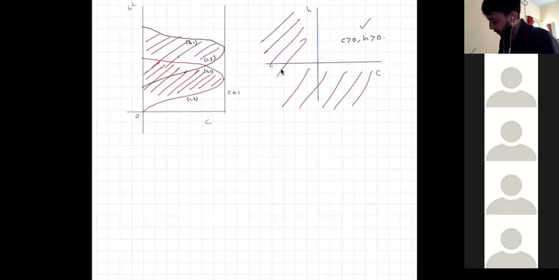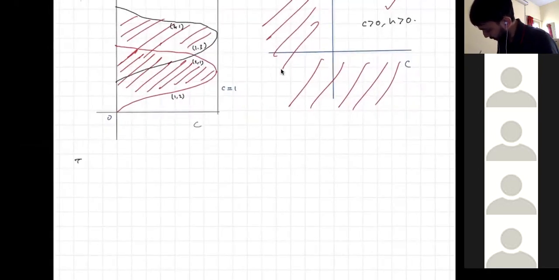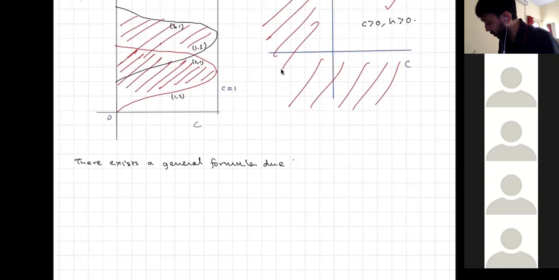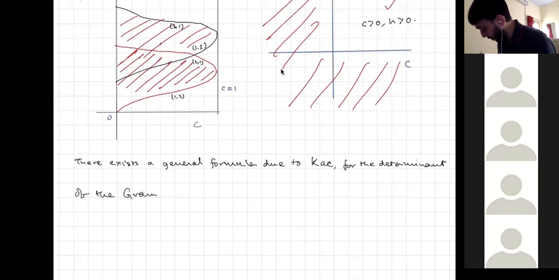This is something that I've not. So there exists a general formula due to Kac, not CAC but Kac, for the determinant of the Gram matrix, and this is given by, let's just write this down. So the determinant of M at the kth level is given by